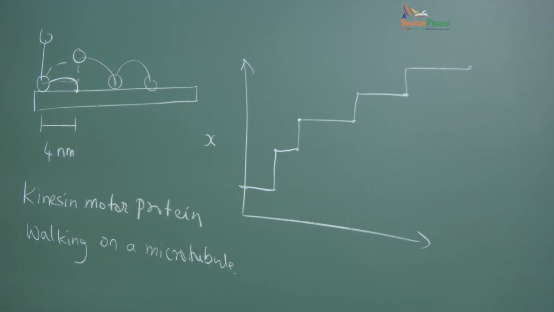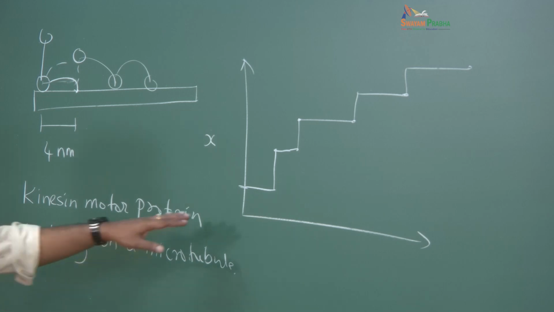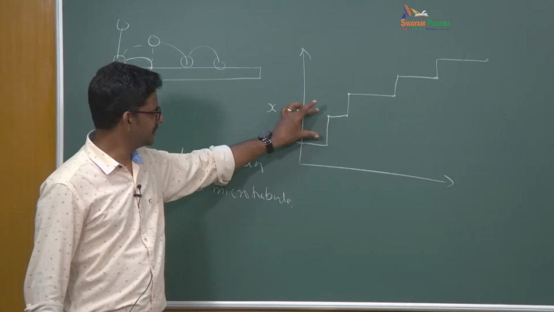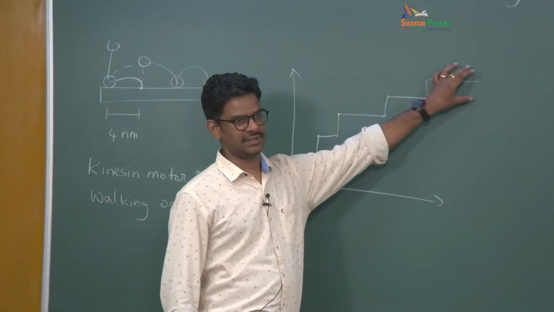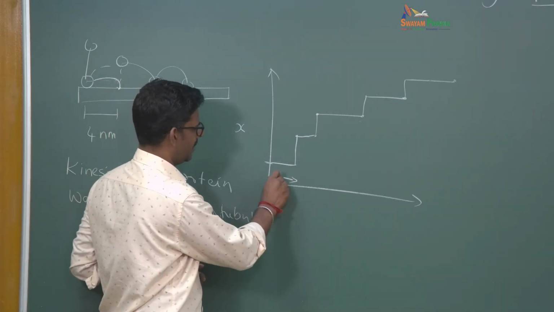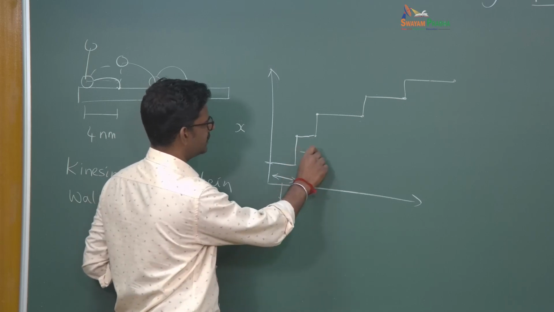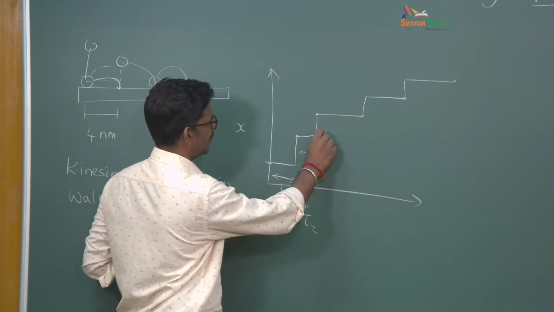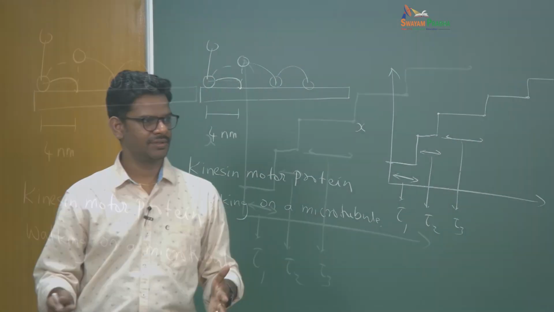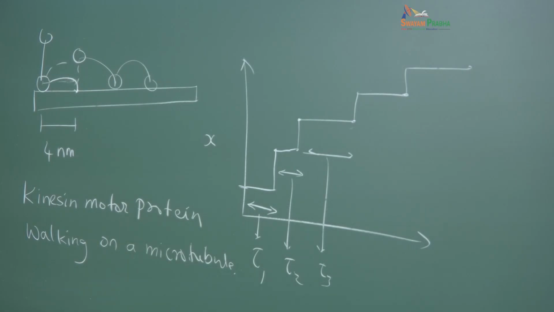Using optical tweezers or high resolution microscopy, when they look at the dynamics of this motor protein, this is the kind of trajectory that you see. What is deterministic in this problem is the step height, which is pretty much constant, 4 nanometers. But if you look at the time spent in those states, I call this tau 1, this time tau 2 and this tau 3, and these seem to be quite distributed; it is not constant anymore. So the waiting time before the next step can happen is a random variable